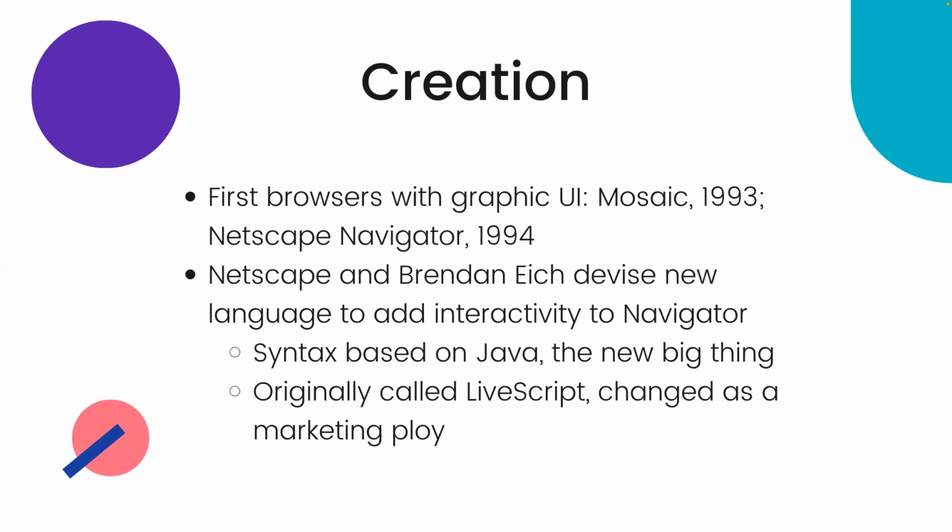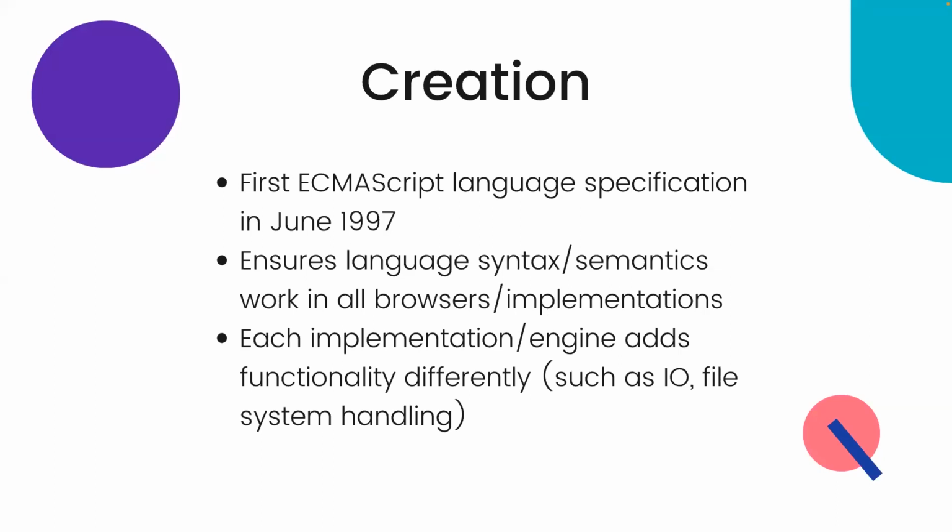There are some things that are very similar to Java, but if anyone has written any Java before, Java is very structured and you know what's going to happen for the most part. JavaScript is wildly unpredictable and you can do a lot of things very dangerously, which you couldn't do in something like Java.